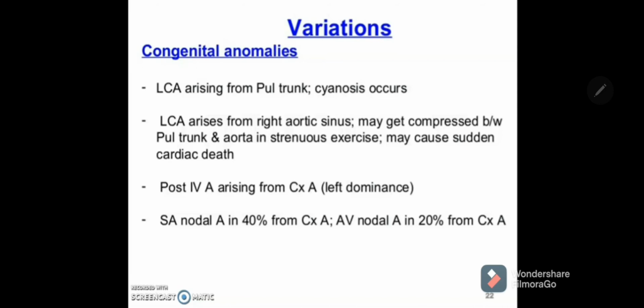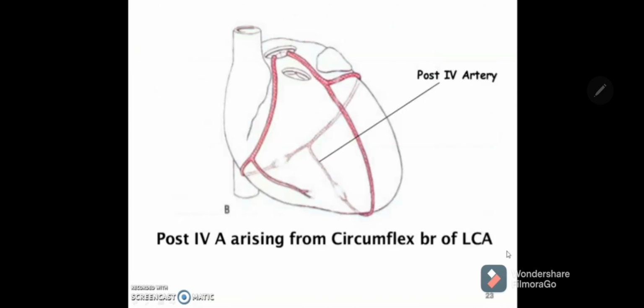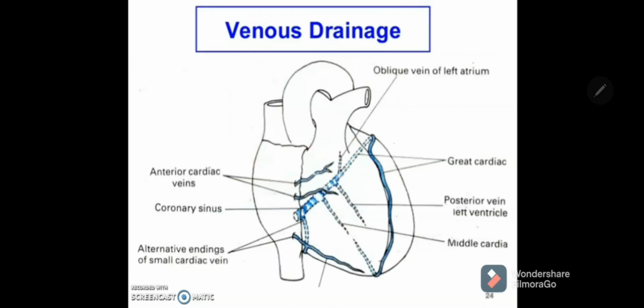Left coronary artery coming from the pulmonary trunk leads to cyanosis because of carriage of deoxygenated blood, and the left coronary artery may come from the right aortic sinus. And one more common variation is the posterior intraventricular artery arising from the circumflex artery. That is in 10% of cases. In that we say the heart is left dominant, and the circumflex artery gives the SA nodal branch in 40% of cases and the AV nodal branch in 20% of the cases. So these are the variations you can notice here. The circumflex artery is giving the posterior intraventricular branch in 10% of the cases, leading to the left dominant type